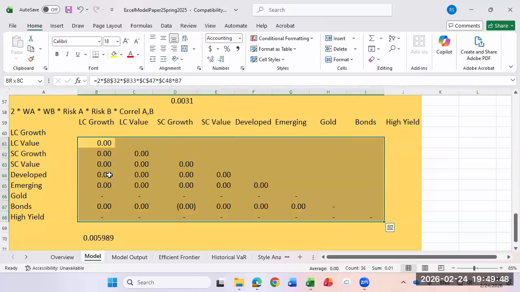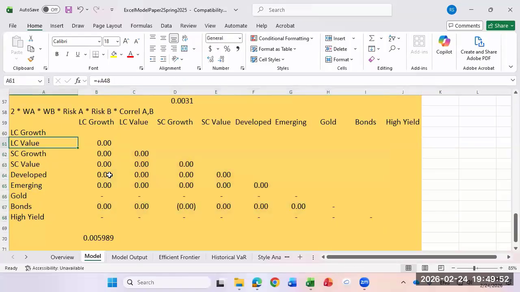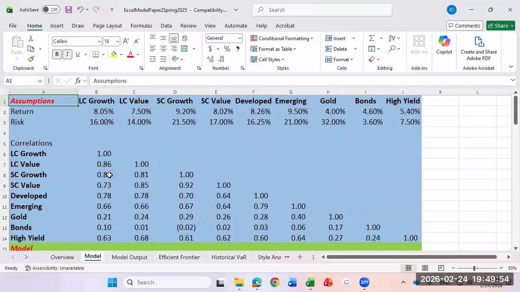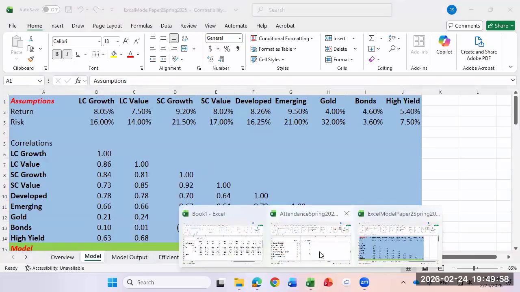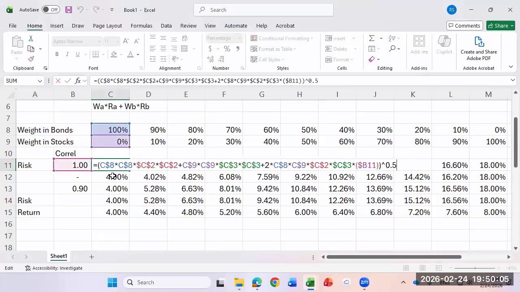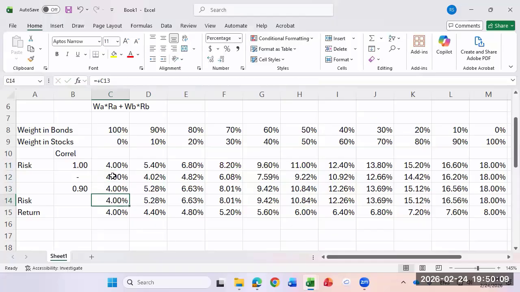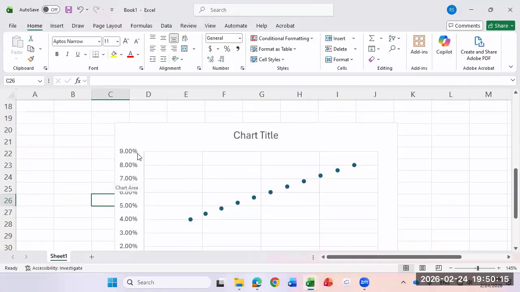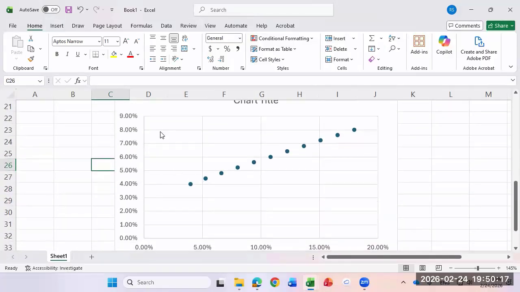So that's how I set it up. I saw Dr. Vipin's, he does it differently, but this is the way I set it up. Just makes it a little easier to work. So you'll see this file. Once you see it, it's nothing more than what we just did in Excel here. Risk, you need this formula for 2 assets. For 3 asset classes, you just keep adding it. Returns, very straightforward. It's just weight times return for each asset class. Very, very straightforward. And as your correlation changes,